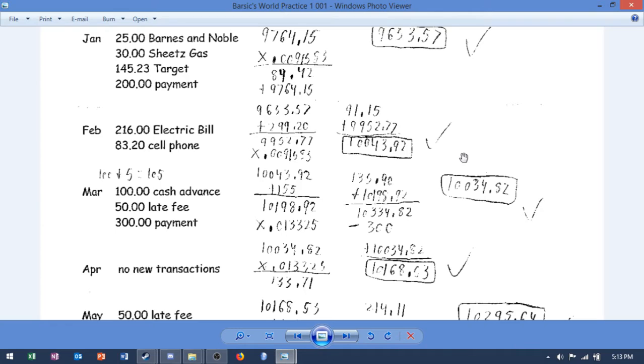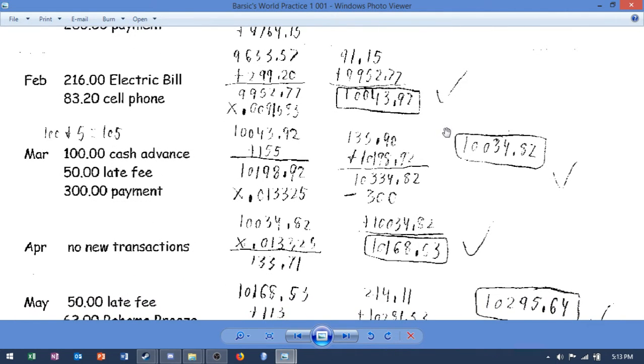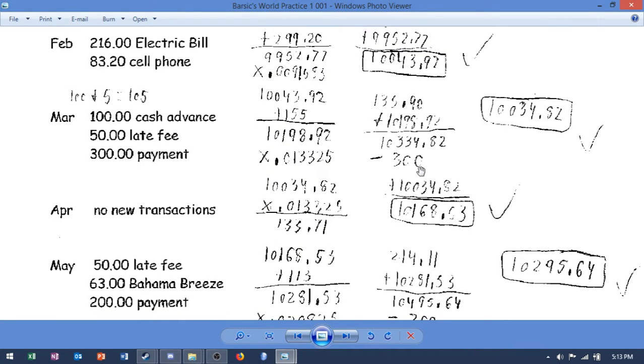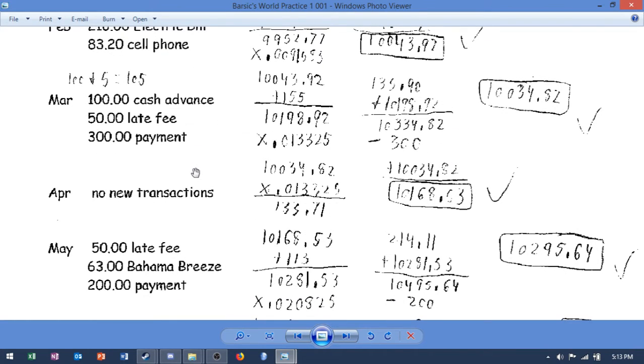I'll have the numbers in the description as well, because I have lines on my paper separating each month, but obviously they're not there, so I don't know why my printer did that. But it makes it a little hard, so I may screw up numbers, but I'll have all the correct numbers in the description anyways. So, same thing, April has nothing, so you just do balance, MPR, interest plus your balance,